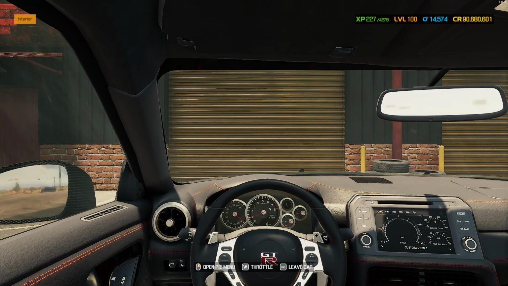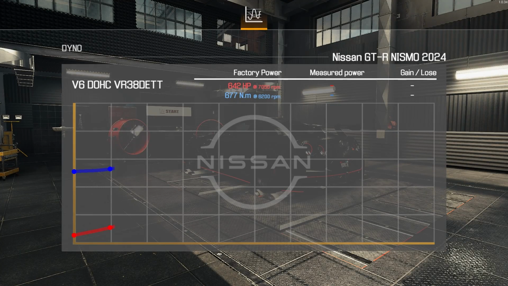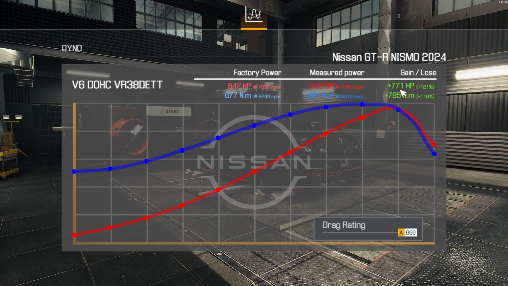On the dyno then, with the Nissan GT-R Nismo 2024 edition, 642 factory horsepower from that twin-turbo V6. How much have we increased it by? And what is its drag rating? Let's take a look. Come on, you beast. A gain of 771 horsepower, 121% gained. I'm always extremely happy when it's more than a whole new engine added on top there. Bringing us up to